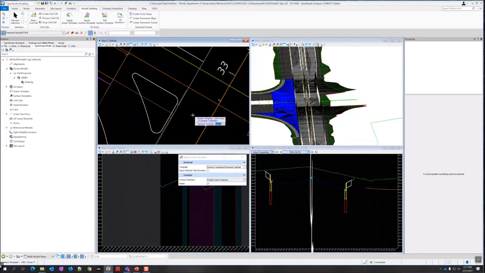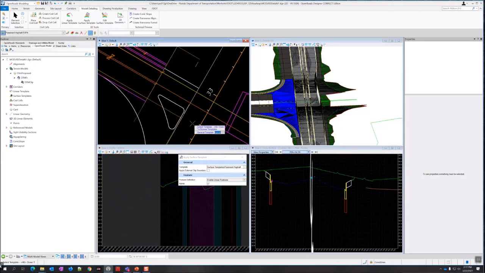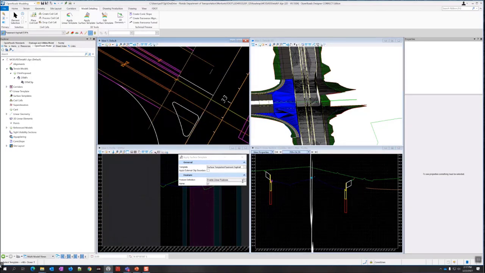So just think about whether it is something you're going to be able to reflect, to build like a subgrade surface off of it. If so, you're going to want to enable linear features. We build that in the next chapter when we create the 3D deliverable files. We're going to build that from break lines. So this is going to make sure that these break lines show up to be able to build the templates that we need.